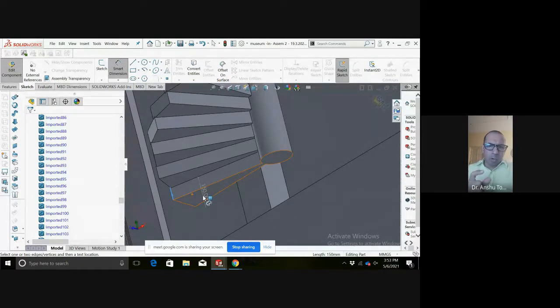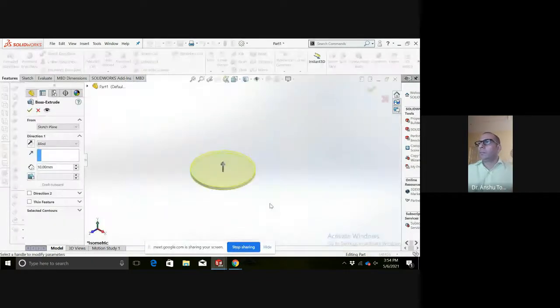That is close to 250 or it is 300 mm. 10 to 12 inches, let us say 10 inches. So I will do it 150 mm.